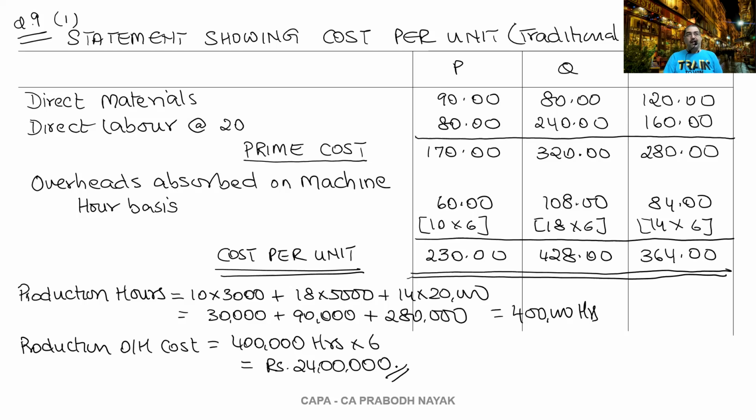Now, normally, my next step would be preparing the statement of calculation of cost driver rates. But the problem is that for cost driver rates, I do not know the cost drivers themselves. Had I known the cost drivers, I would have easily prepared the statement that I prepared in the beginning of the lecture today. But it is not possible. So what I will do is first prepare a statement showing all the cost drivers for the 3 products P, Q and R, and then we will calculate the cost driver rates. And then we will prepare the statement under ABC. So let us do this.